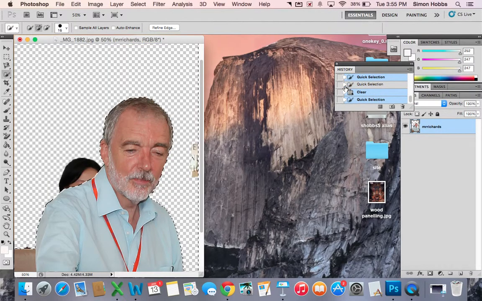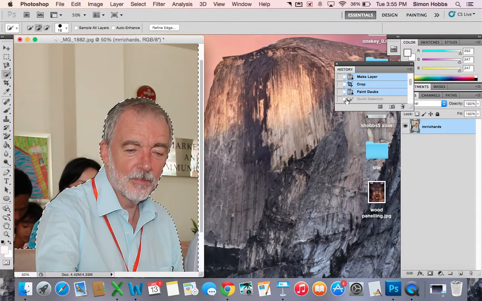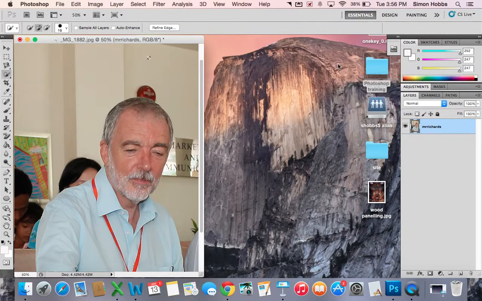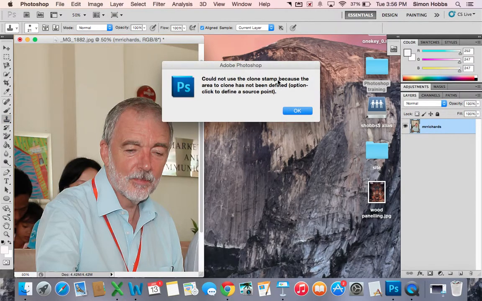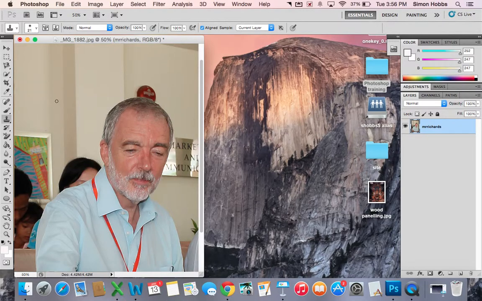Let's go back up to there. Okay. The other thing you might want to do is there's something called a clone stamp tool, which is quite useful. When you click it, it will say you need to define a source point, and you do that by pressing Option click. So I'm going to press Option click. I'm going to use this as my source point, and I want to use that source point, that color, to color over the top of that. So Option click, and you can see it's now using this area over here to get rid of that. Alright,